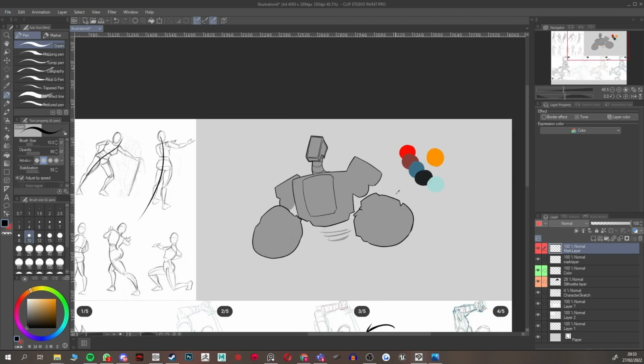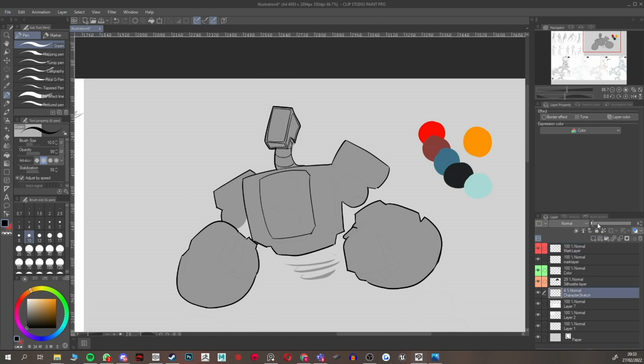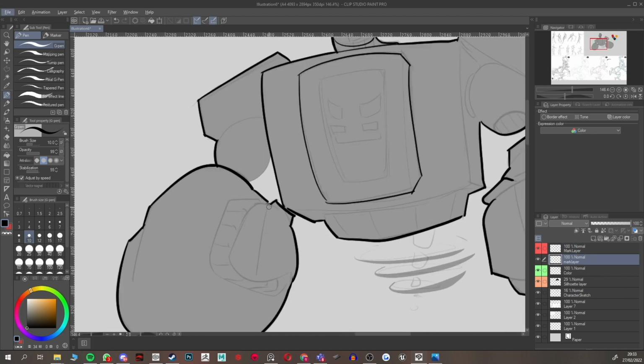All right. Yeah, I can see something here. This is nice. All right. Oh, the last one was on the mark layer, but it doesn't matter. So a lot of animators actually do this technique just to kind of refine your drawing a bit more, make it a bit more solidified. Because the sketch looks nice, but once you start really adding in the boundaries, which is what I do,